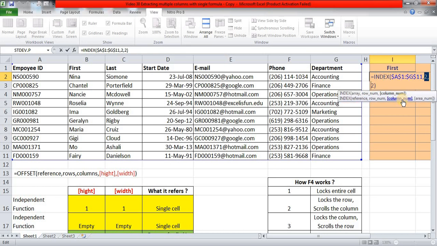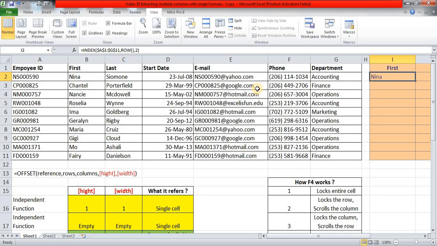So I am simply removing this 2 here, and when it is asking for row, I am using the ROW function, and this is what the ROW function does. It returns the row number of a reference. So I am opening parenthesis and closing it. Now we are sitting in row number 2, so the result of this is going to be 2. Then when I copy it down, that row number will become 3. So ROW, and right now let me just put that column number to be 2. So I am making it absolute and Control Enter. Now if I copy it down, it will give me names. Okay, so this row argument is working absolutely fine.